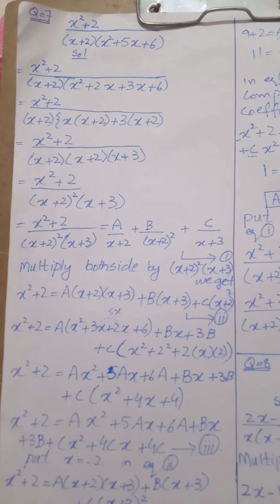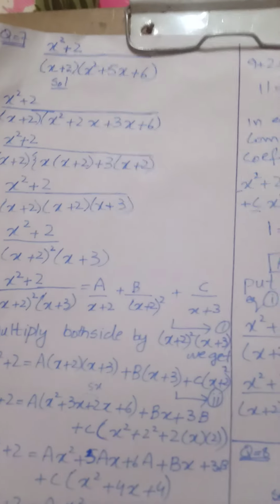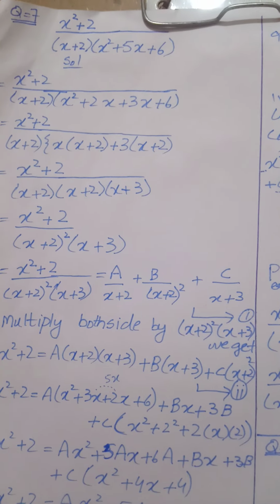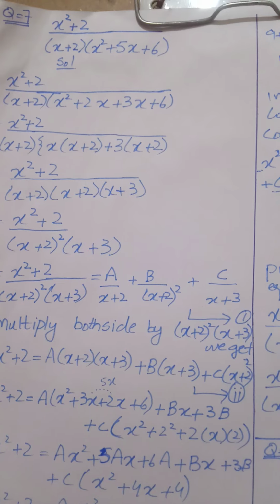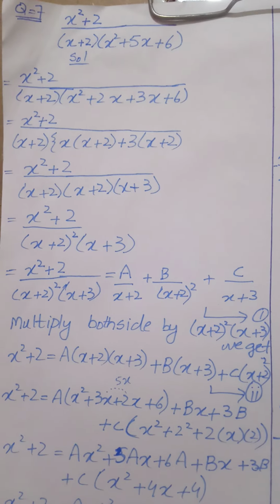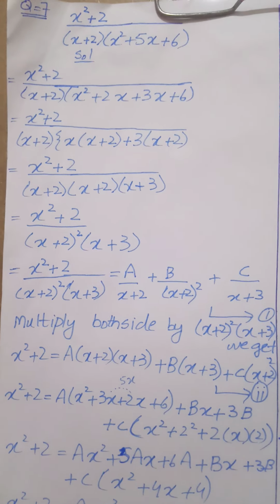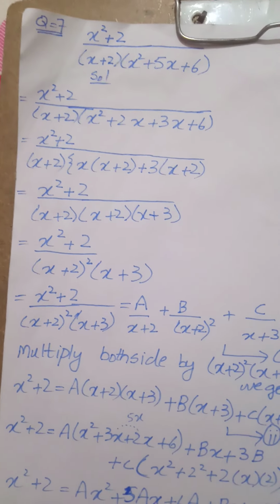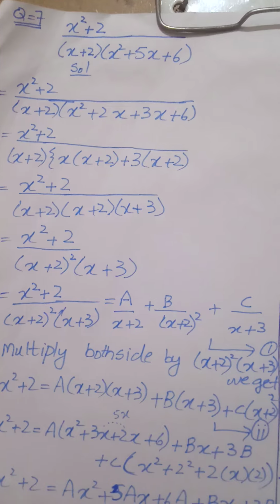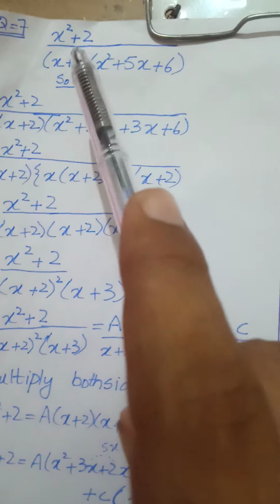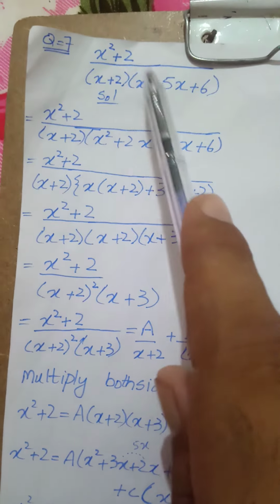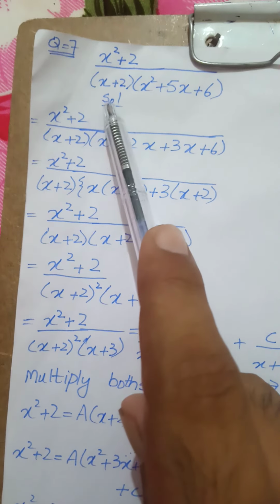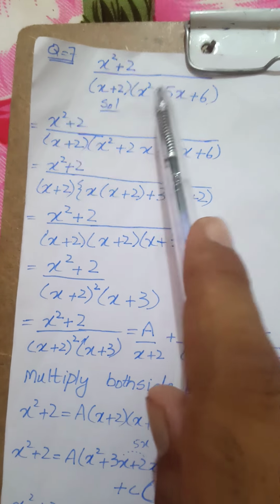Question number 7. Before starting, first you must see lecture 1 and lecture 2. Now this is question 7. This is online lecture 3 on partial fractions, chapter 4. This is x square plus 2 in the numerator, and in the denominator this is x plus 2, x square plus 5x